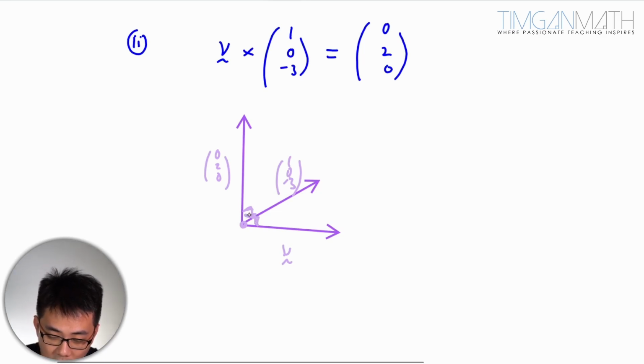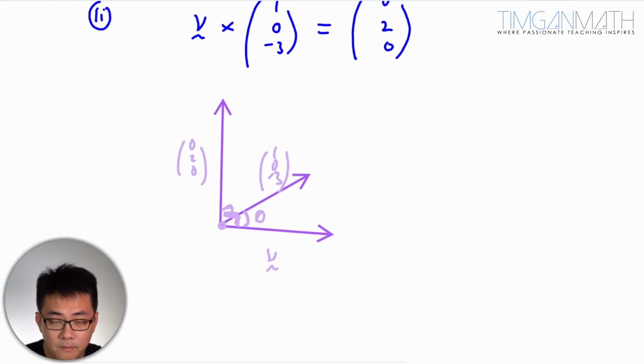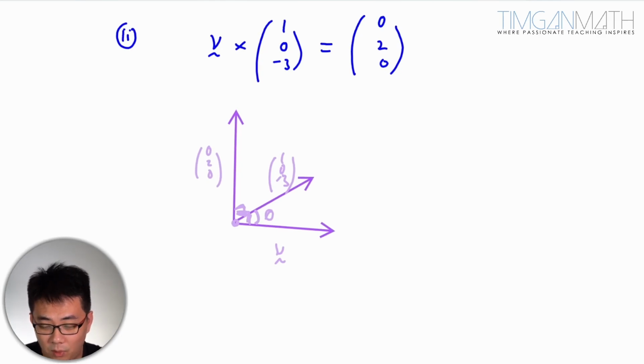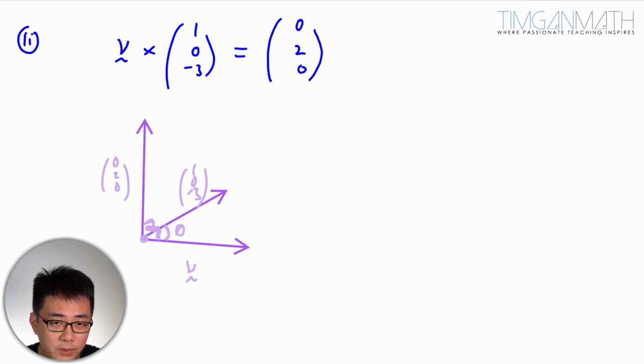So I'm going to take a vector, and this vector here doesn't have to be perpendicular. This cross with this gives us 2, 0, 2. Now we are told to try and understand what this V is geometrically. From the look of it, this V is like a direction vector. If V is a direction vector, this direction vector cross with this will give us this normal here. So if you can find that this equation is like a line, then you'll be able to